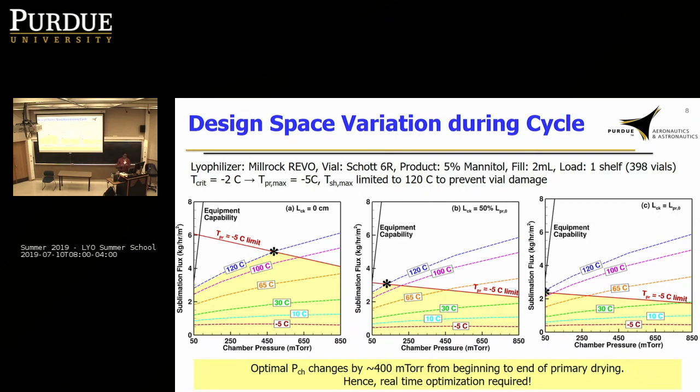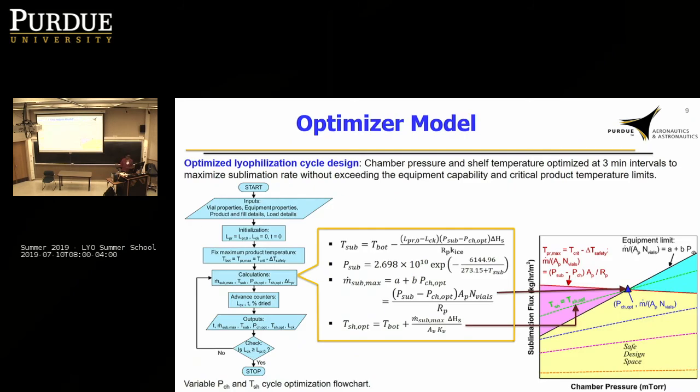So eventually we're hoping that we can integrate this code and have a self-drying freeze dryer. It's like an autopilot system. But even now, if you can just change the controls and the feedback a little bit to be able to run this variable chamber pressure and shelf temperature, you're going to get a significant amount of time saved because of doing this. And we'll show you that. This is basically what the optimizer does.